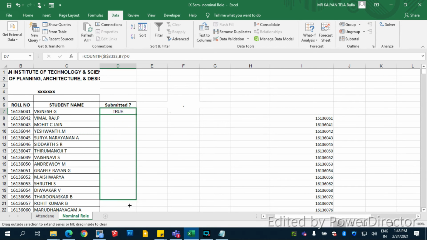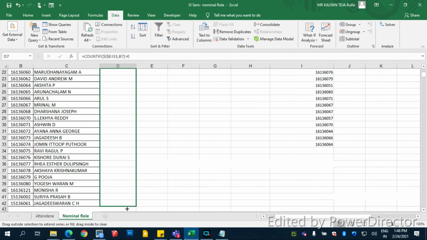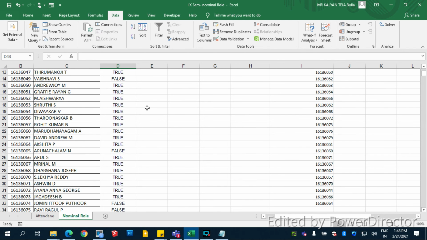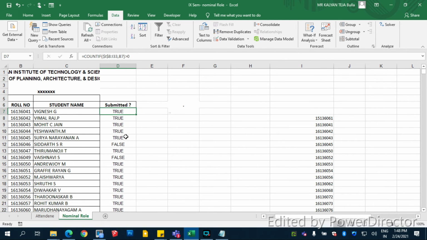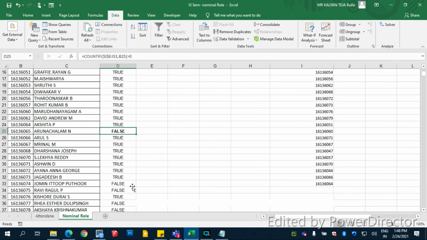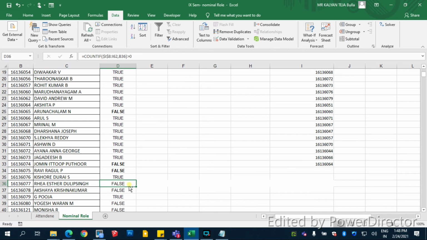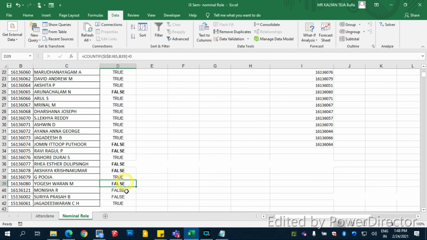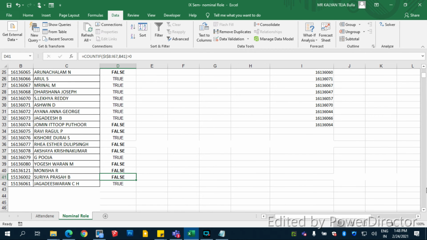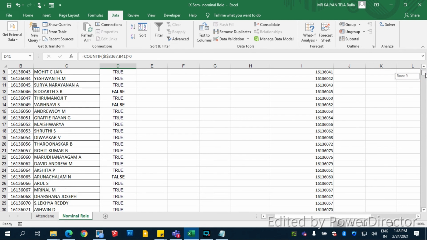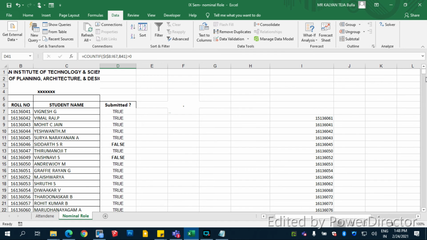And you drag down till here, and you can see this number is there, this number is in the list. This one is false, so this number is not in the list, which means this student did not submit. See, 1, 2, 3, 4, 5, 6, 7, 8, 9, 10. So I think these 10 did not submit.